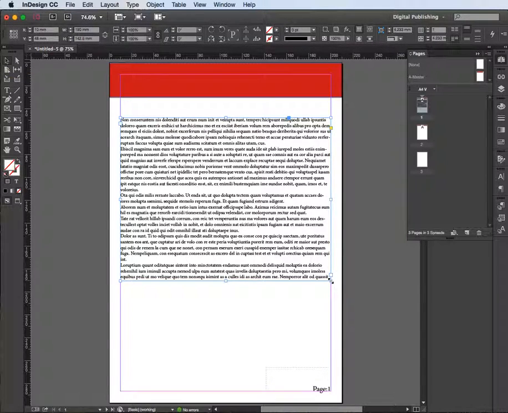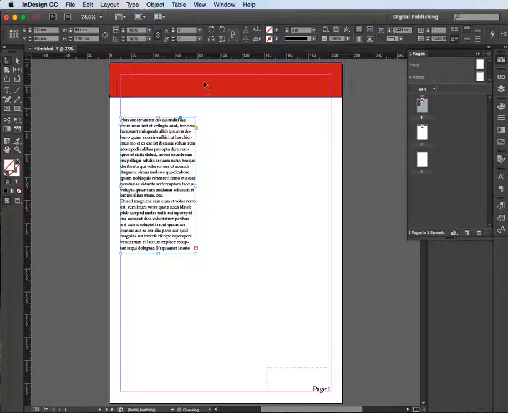You can grab the corners. So I've just gone back to my black selection tool here. You can grab the corners and you can resize that text area. Now when you do resize the text area, you're not actually resizing the text, you're just resizing the area that it is occupying. And that means there's lots of text in here which is not being displayed at the moment